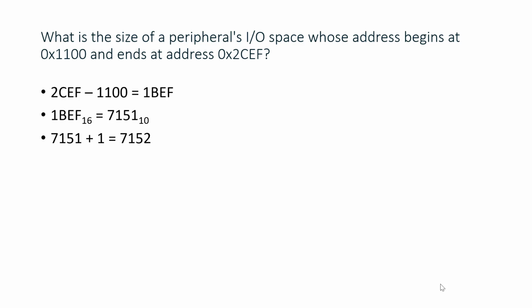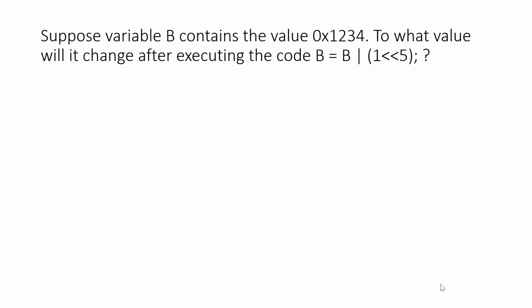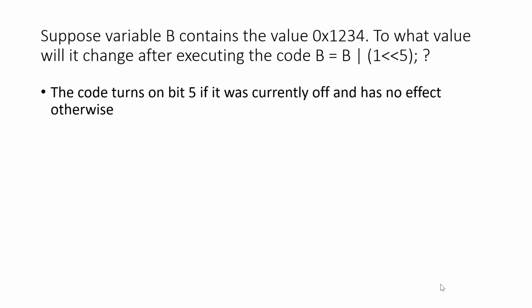Any questions about that? Okay, and the next question is, suppose variable b contains the value 1234 in hex. To what value will it change after executing the code b equals b OR 1 shifted 5 bits to the left? So basically, we're just setting bit 5 in here. If bit 5 were already set, then it wouldn't change the value. If bit 5 wasn't set, then it will change the value. In this case,